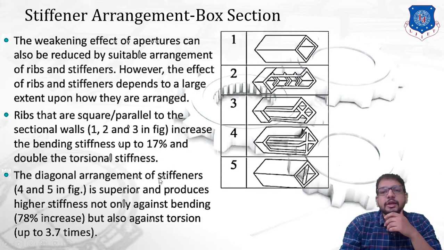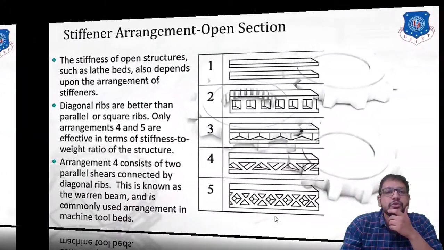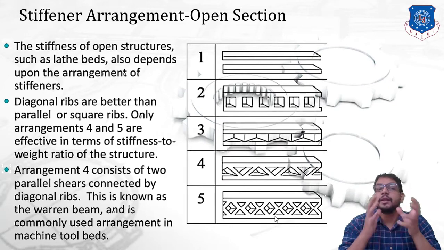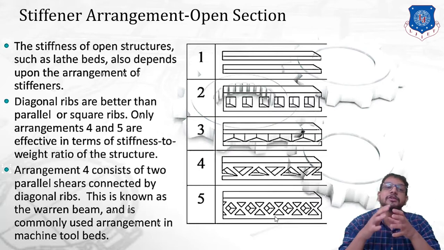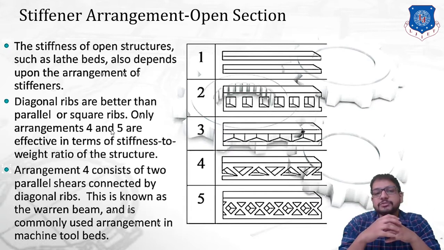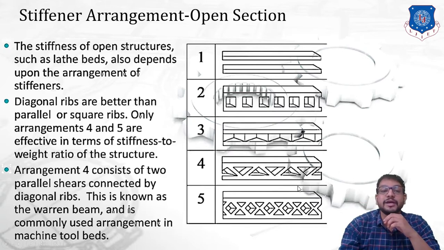Okay, so you can see in every diagram, a box representation of the structure has been shown. Now, considering the open section, the stiffener arrangement for an open section can be seen in the figure as well. The stiffness of open structures such as lathe beds also depends upon the arrangement of the stiffener. Okay, so this representation resembles a lathe bed. You have seen the lathe bed, right? So the diagonal ribs are better than the parallel or square ribs. Only the arrangements shown in figures 4 and 5 are effective in terms of the stiffness to weight ratio